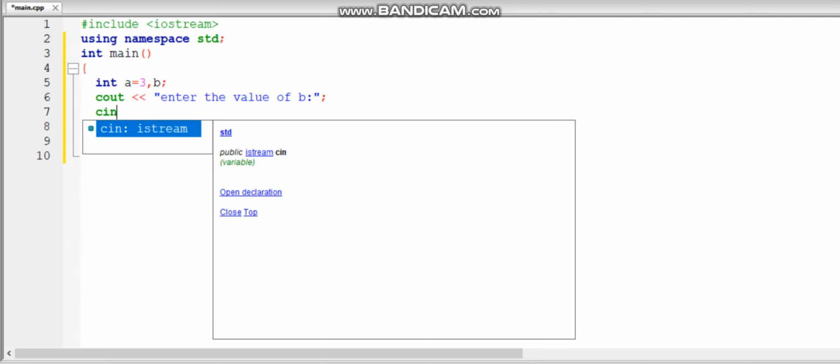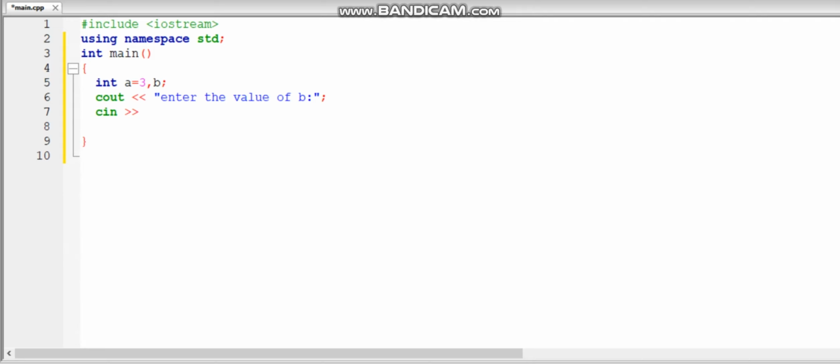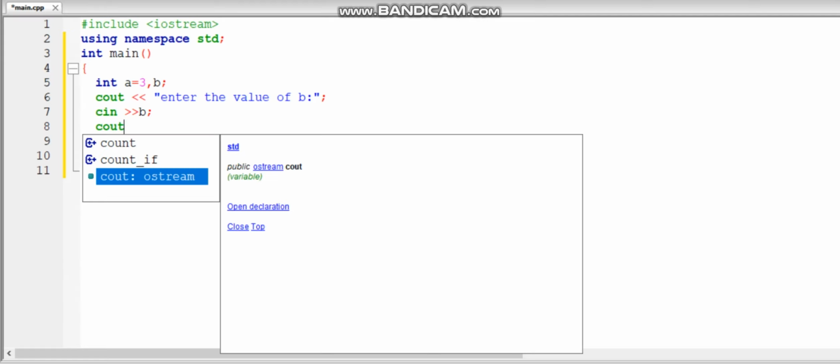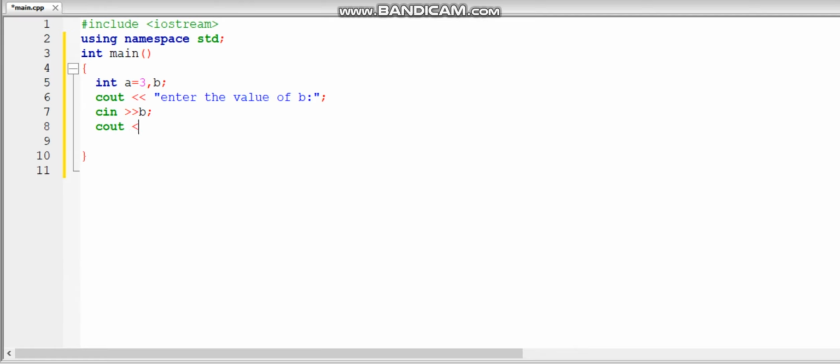Now I get cin. Cin is for getting input, so I get b. And now I'm going to use cout. And I'm going to use something new, you don't need to worry about that. The \n is for coming to the next line. It is just a special character, \n. It's like I come to the next line, as if I'm typing in the output screen and it comes down. Okay, so it's \n,